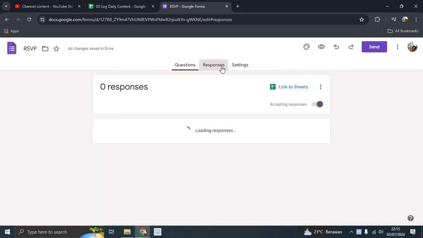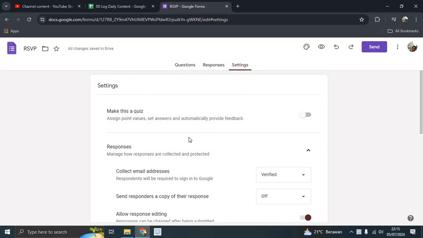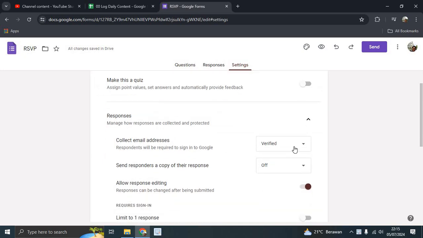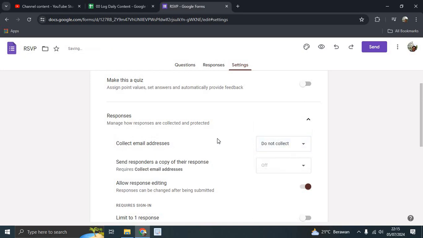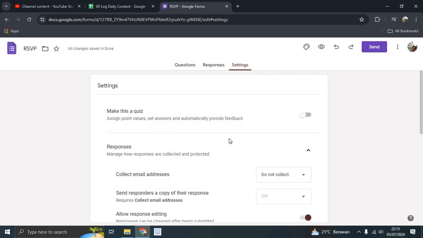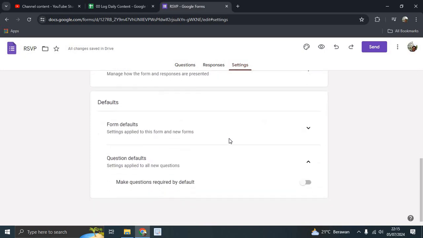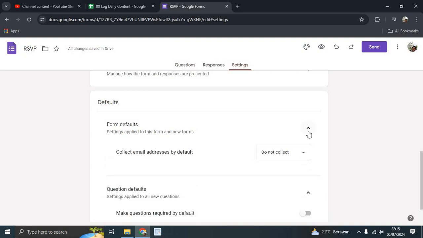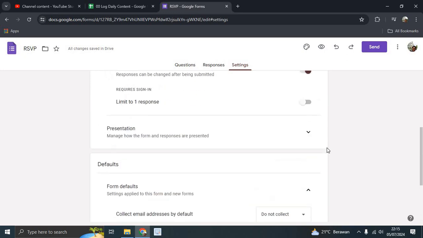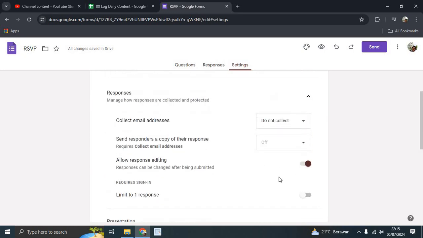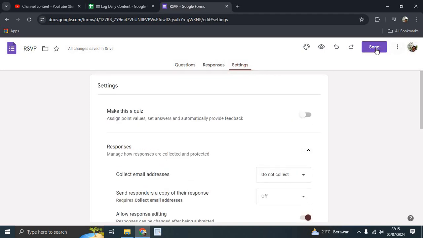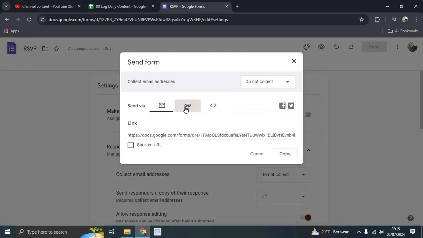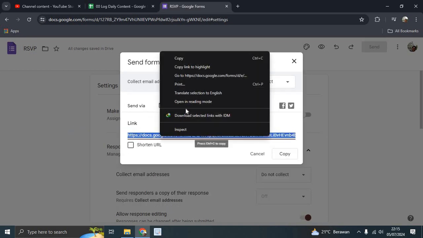and then go to the settings, sorry, and this is the response option. Make sure the collect email addresses feature is set to do not collect. So after that, you can make question required, by default it is turned off. By default also do not collect, and allow response editing here, turn on, and then send. So this one you can copy this link,